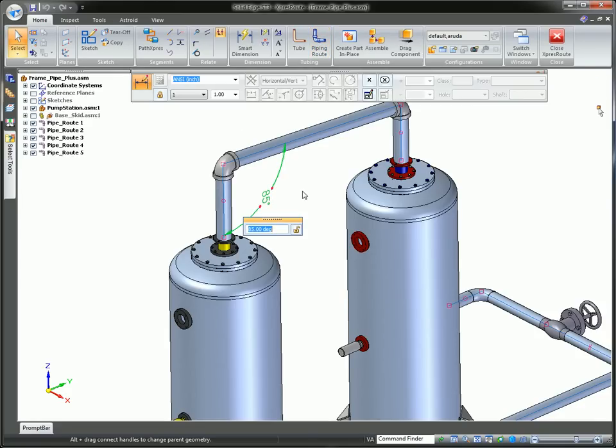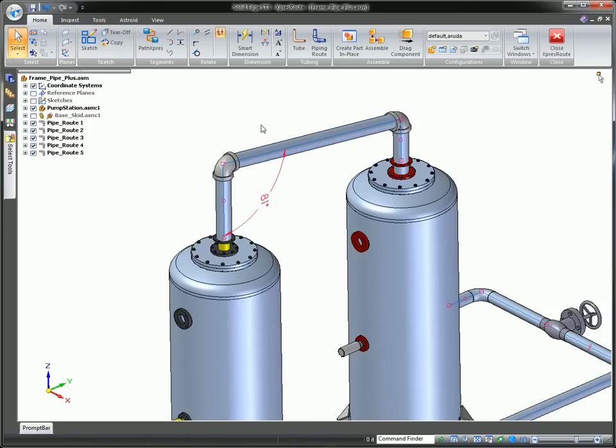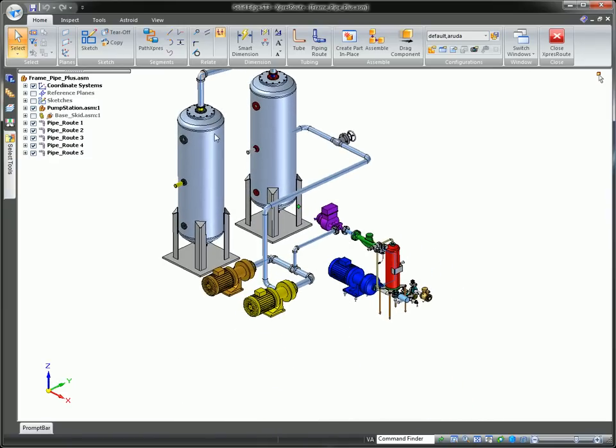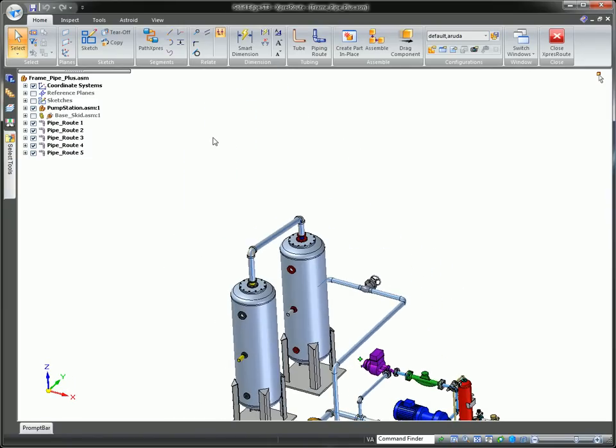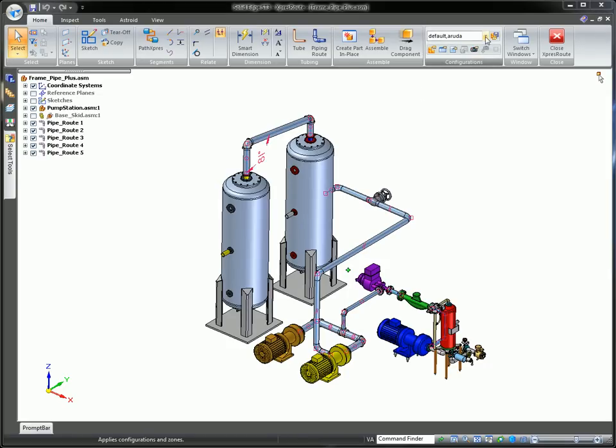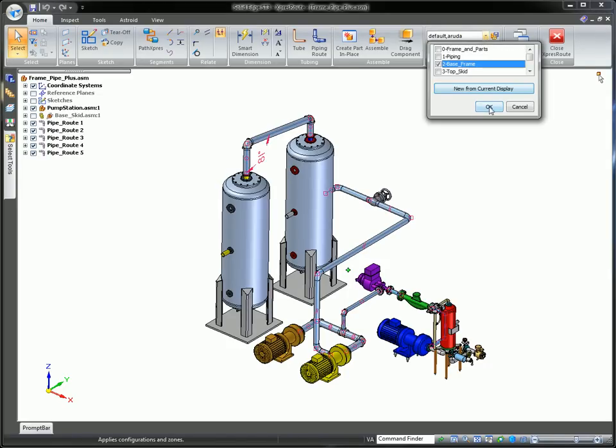So say we wanted to go to 81, you can see that the pipe has gone through, and just do a simple update, the pipe updates with no problem. So you can now add gradient or slope to your piping assemblies. Now let's take a look at frame design and what we've taken from there,